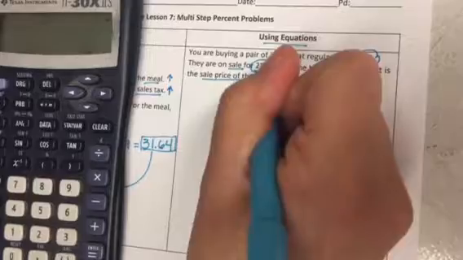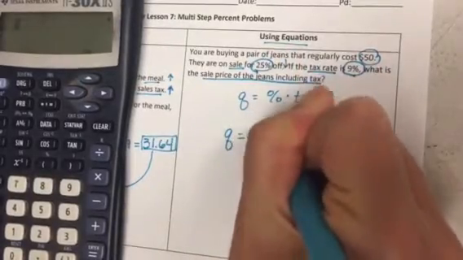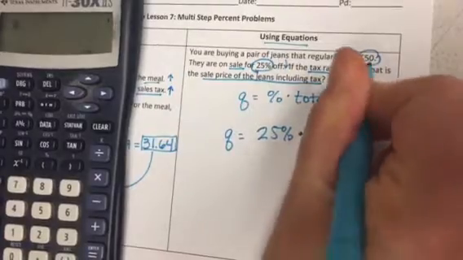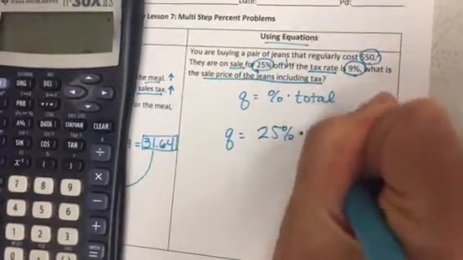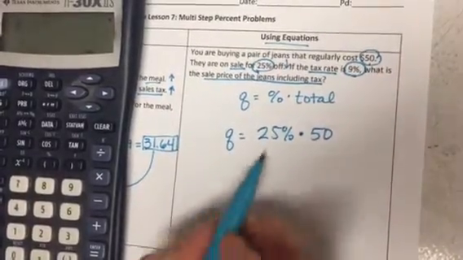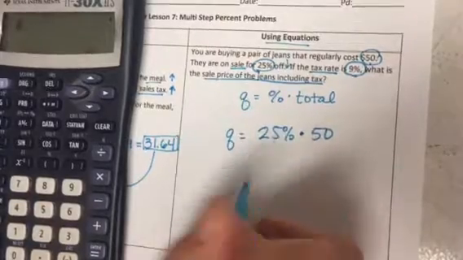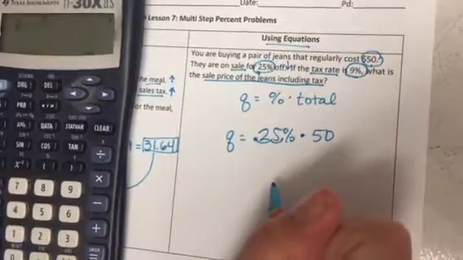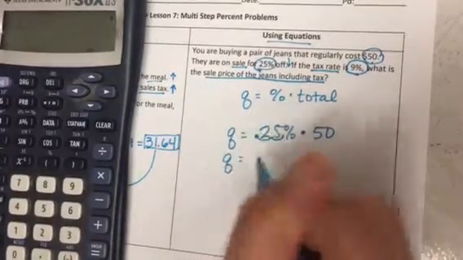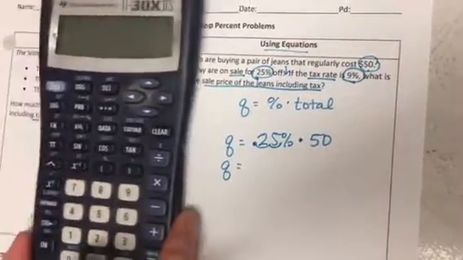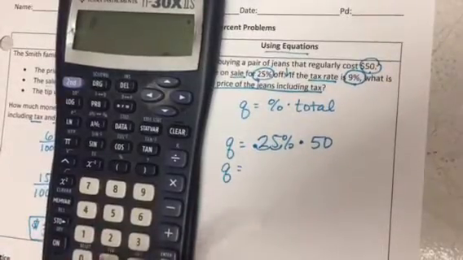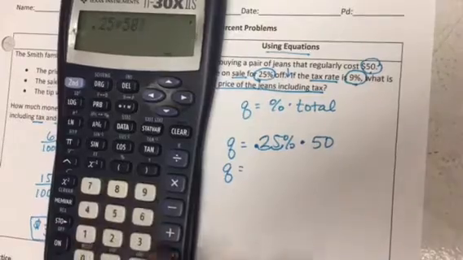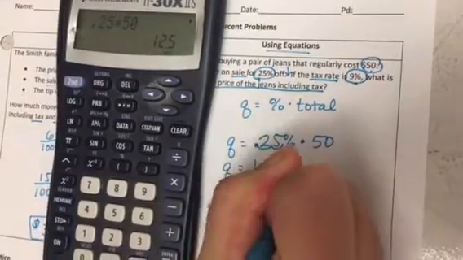So we're going to have to convert that 25% into a decimal and multiply it by the total or the original amount. To make a percent a decimal, you just move it 2 spots to the left. So now I can find the quantity that I'm going to save. So I'm going to have 0.25 times 50, and I'm going to save a total of